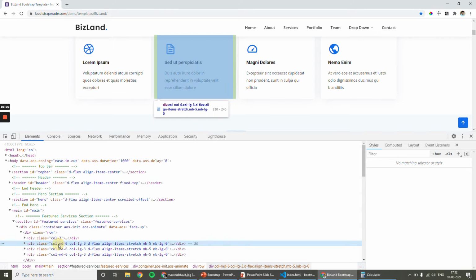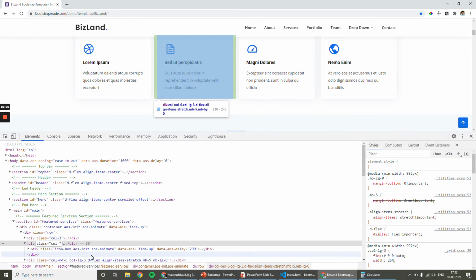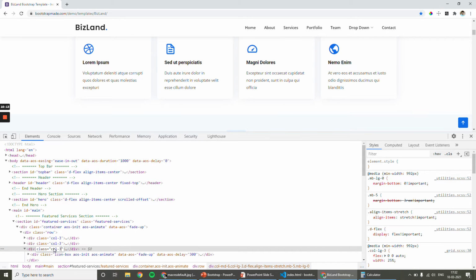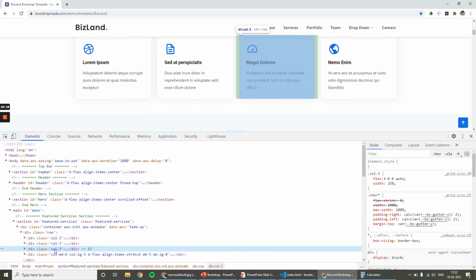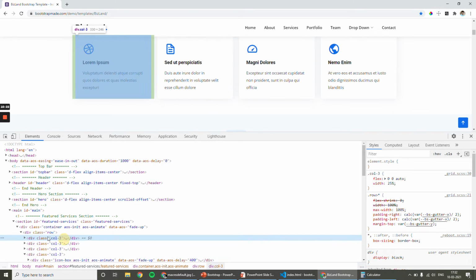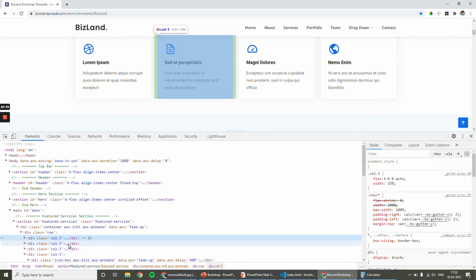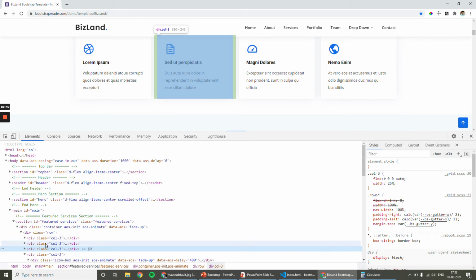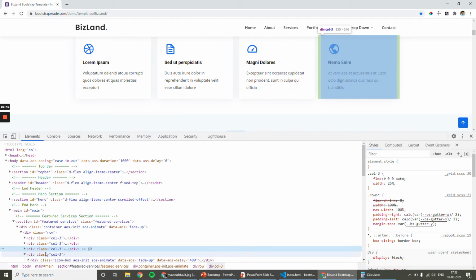I will explain why they have given other values, but let us keep it simple. Column 3, column 3. So I have applied col-3. Col hyphen 3 means there are 12 boxes, and out of that 12, occupy 3 boxes. And again, I give 3, which means out of the 12, you occupy 3. And here, I give one more 3. So 3 plus 3, 6. And then 3, 9. And then 3, 12.